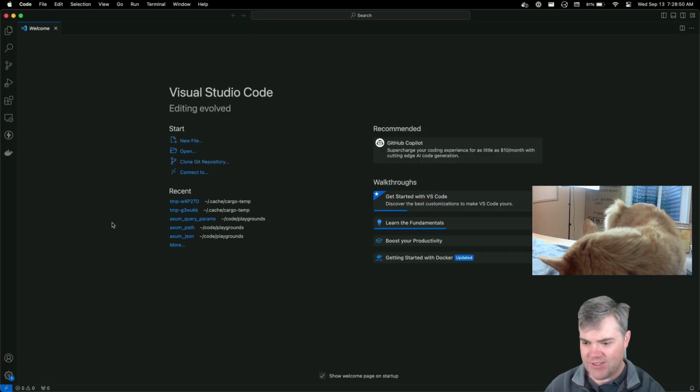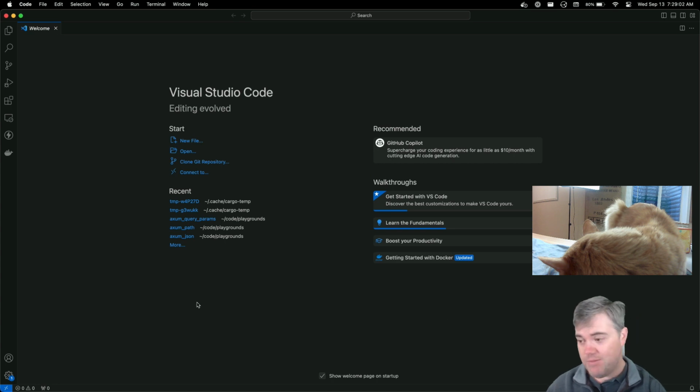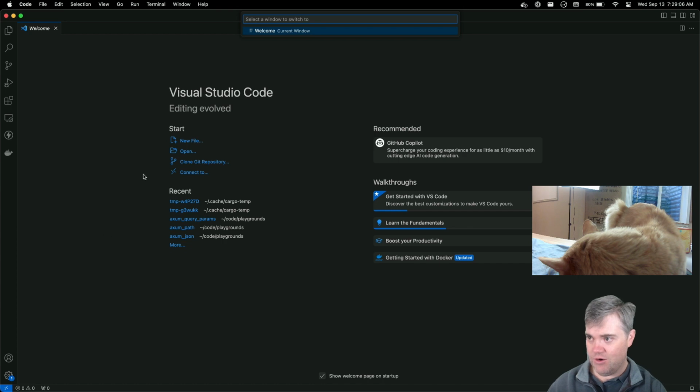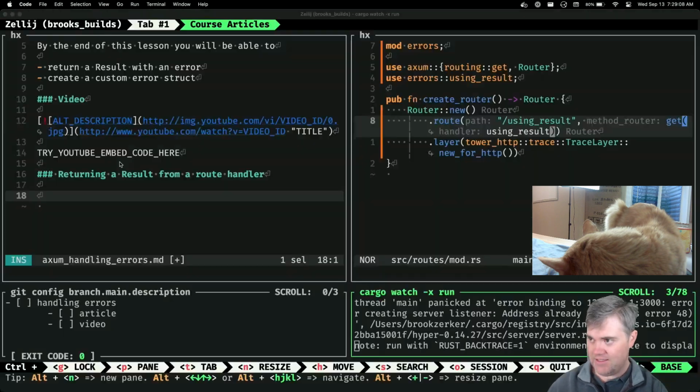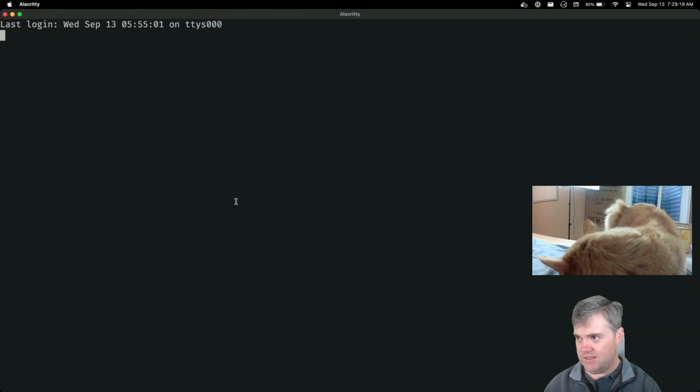So with VS Code, I accidentally, and this happens every once in a while with VS Code. It actually happens once in a while with any terminal. If you kill the terminal, but you forget to kill the server, it may or may not properly unbind the port. So the port is still in use, which means that I might be able to kill it. Let me see.